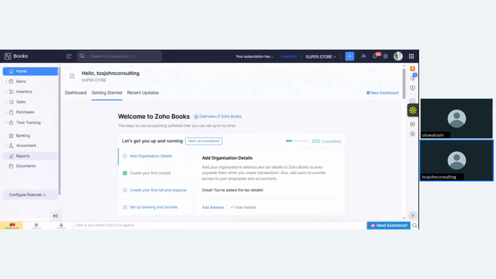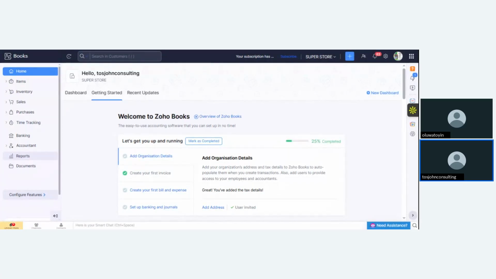1 billion sales should be sales that you got from all customers that patronize you. So you can trace that 1 billion sales in the income statement down to the invoices that you send to your customer. So that's what we call audit trail. The 1 billion, you trace it down to where it is coming from with all the source documents and everything. Do you get now? So that is what this accounting software can give to you.